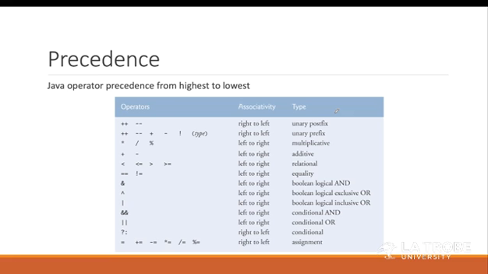Now, precedence from highest to lowest. We won't be considering these at the moment because they are post-increment, pre-increment, post-decrement and pre-decrement. We'll see that later. We have already seen this in, I think, our second lecture, that multiplication and division have higher precedence over addition and subtraction. Now, less than or equal to and greater than or equal to have higher precedence over equal equals to and not equals to.